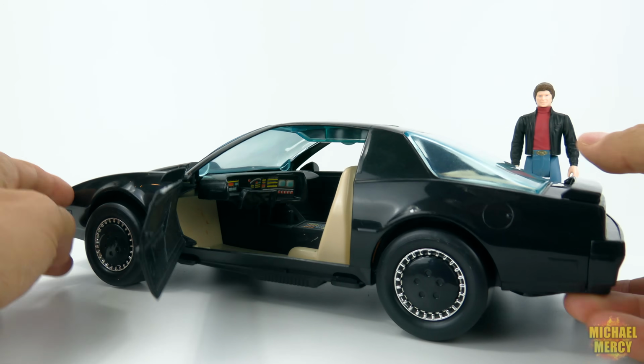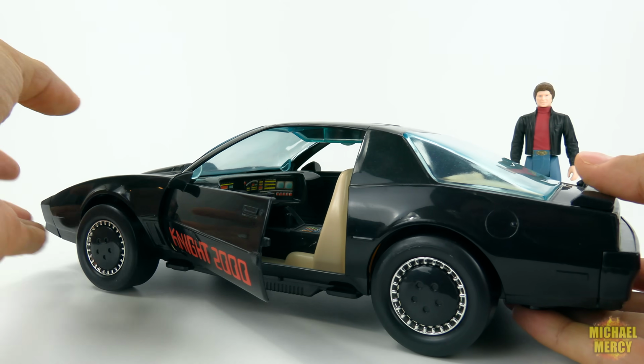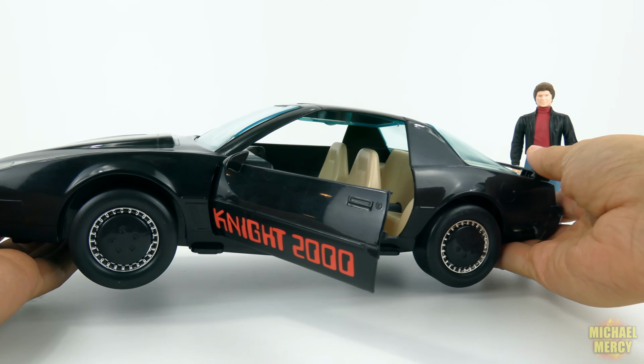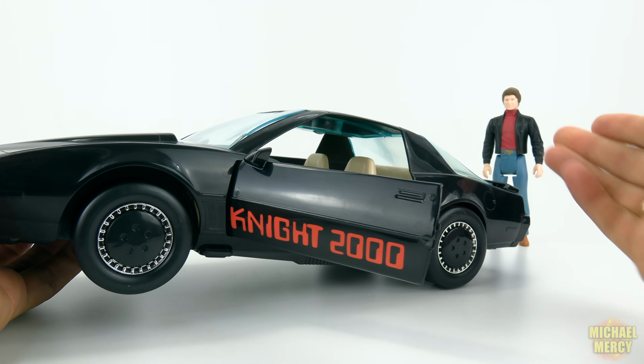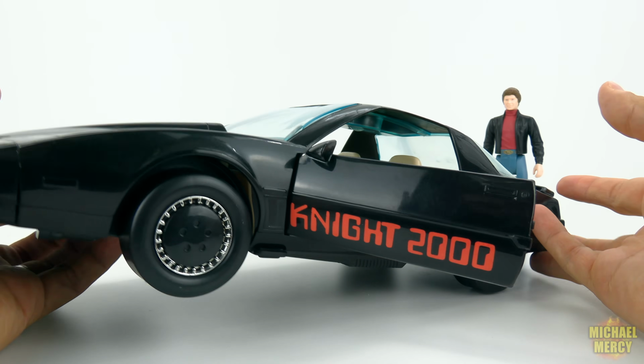Really awesome for an adult. It's nice how huge it is in adult hands. But back then, just way too big, way too expensive. And like a one-shot. There wasn't a big line of Kenner Knight Rider toys. This was the only figure of the line. This was the only vehicle of the line. They never did like a